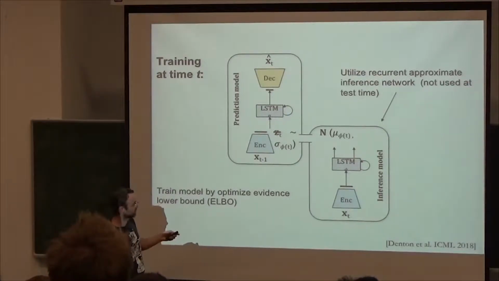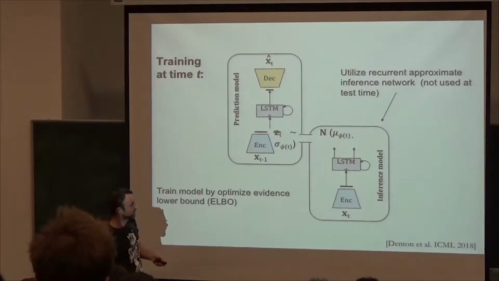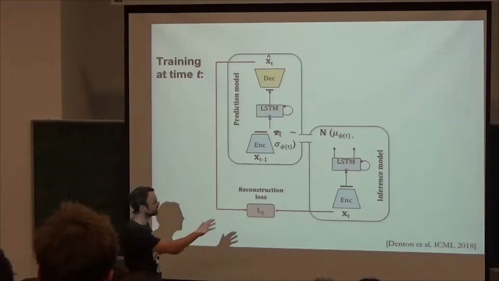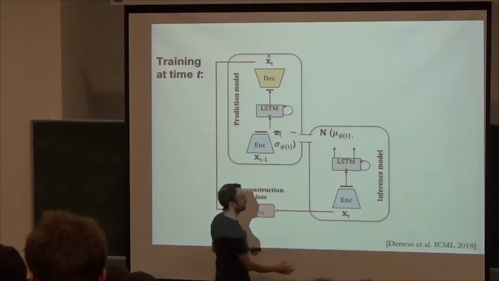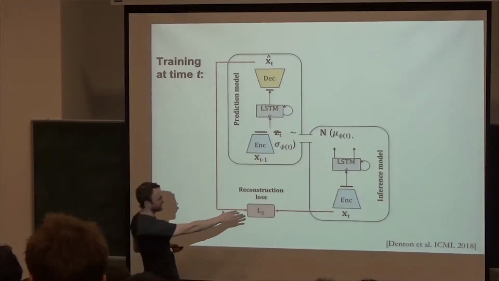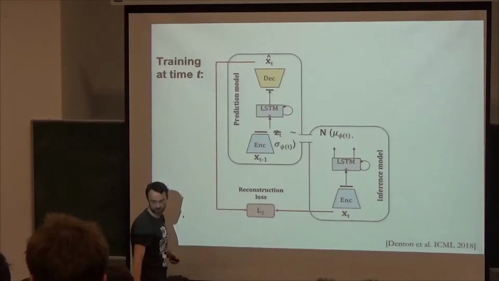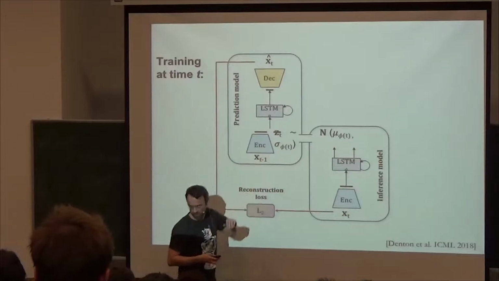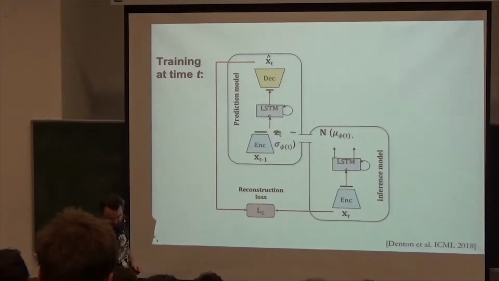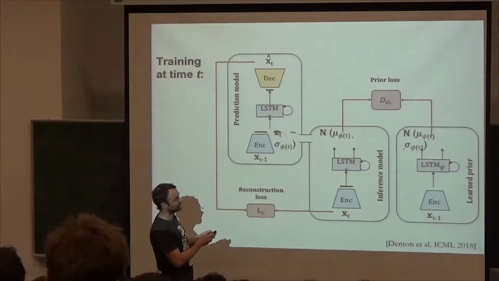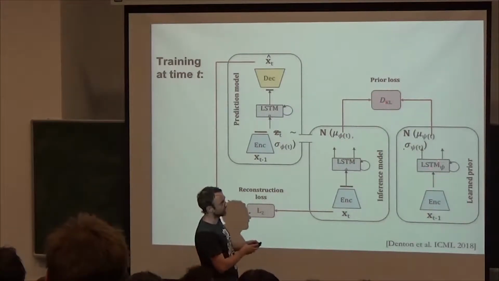So at training time, you have this model available, which sees the true frame, and then you just have a simple L2 reconstruction. Now you could replace this with a GAN loss or something like that if you wanted. It's a bit superfluous because the uncertainty is meant to be captured in this latent variable z. And then there's also a term here to train the prior. So we use this inference model to train